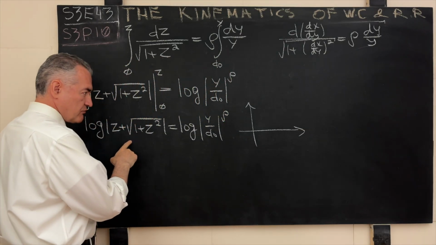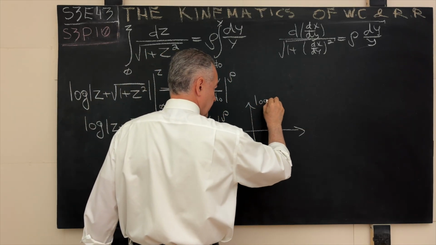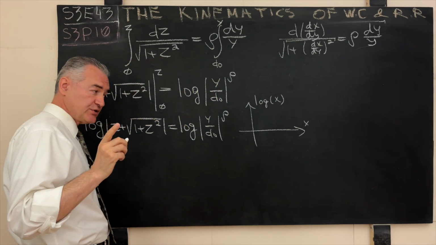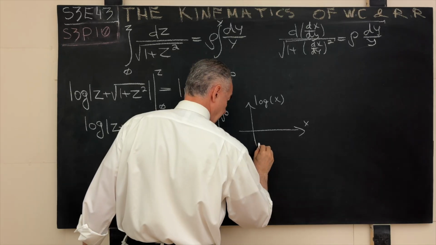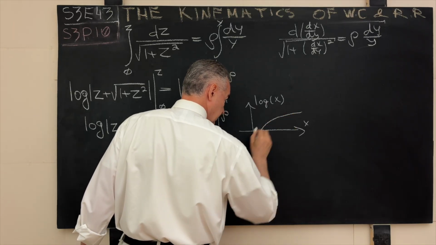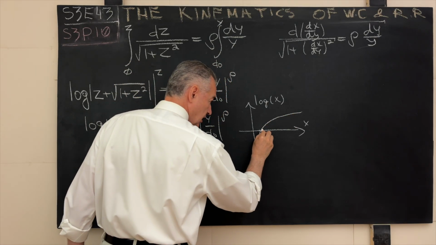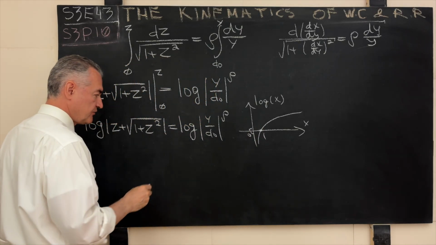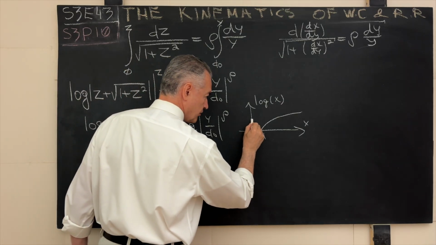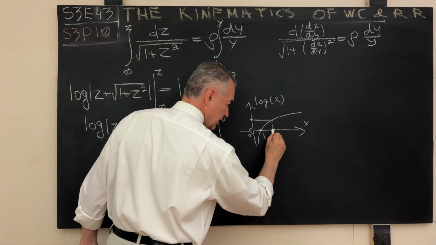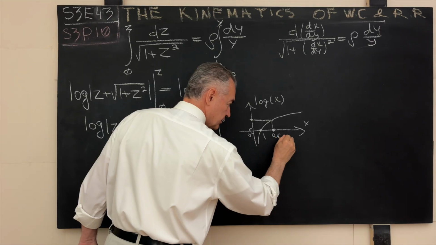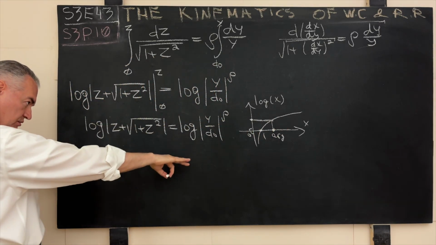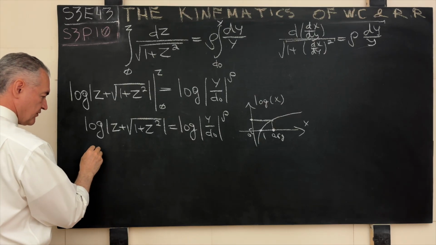The function of logarithm log x, where x is real, is what? It is continuous on its natural domain, and it is monotonically increasing. This is 1, this is 0, orthogonal, this and that. So if we have two values of the logarithm equal to one another, then inevitably that means what? The argument must be exactly the same. So we have the right to omit the logs and write down the following.